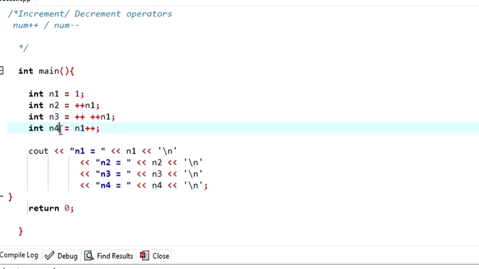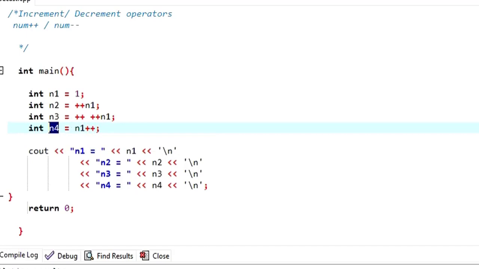Then what will be the n4 value? Here we are just going to get the n1 value. What is this one? This is post-increment. First we will get the value of that variable, then we will increment it later. So in this case, n4 is equivalent to n1. We are not going to increment it because this is a post-increment. First we will get the value. So whatever value is stored in the n1 variable at the moment will be assigned to n4. So what is the n1 value at this point before incrementing? 4. So n4 will be 4.